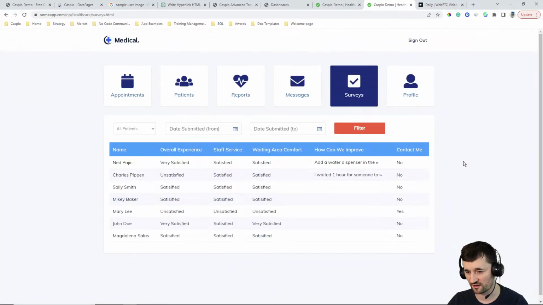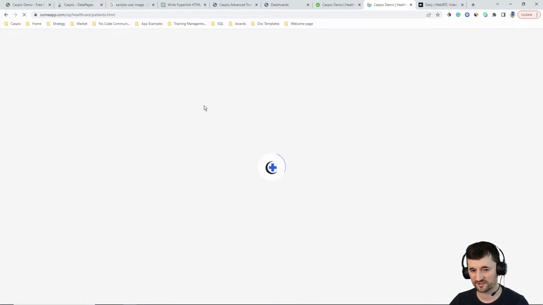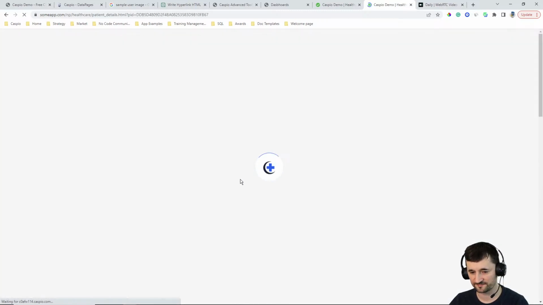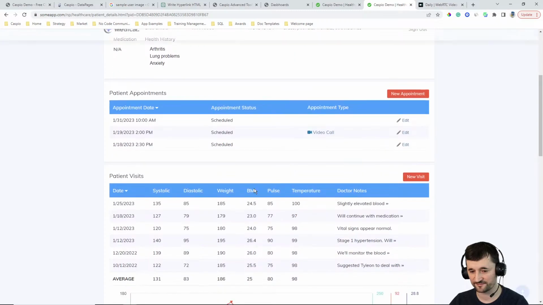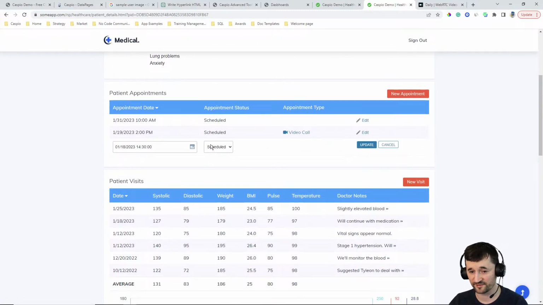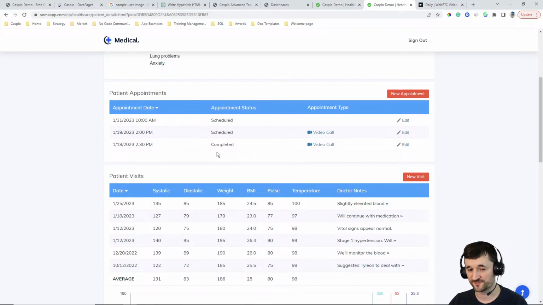Now the survey is automated. So what I'm doing in this application is sending an email to the patient 5 days after the appointment date, as long as the appointment is completed. If you look at the patients here, it's a trigger, basically, that sends an email if the appointment is completed. Right now it's scheduled. So if I say, okay, this appointment is completed, hit update,